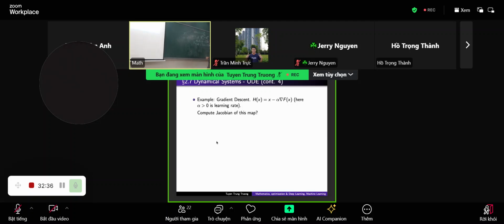But if you remember, the Jacobian of the gradient is the Hessian. And the Jacobian of the x is the identity. Okay. Identity minus alpha Hessian. Now if x starts at a saddle point,